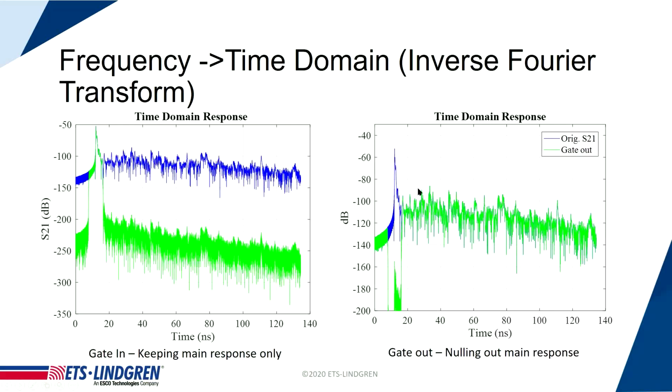So in this case, I apply a filter that's a band stop filter, and what I call here a gate out. In this case, it's gate in; in this case, it's gate out. This is, of course, still in time domain, and I can easily transform this signal from time domain back